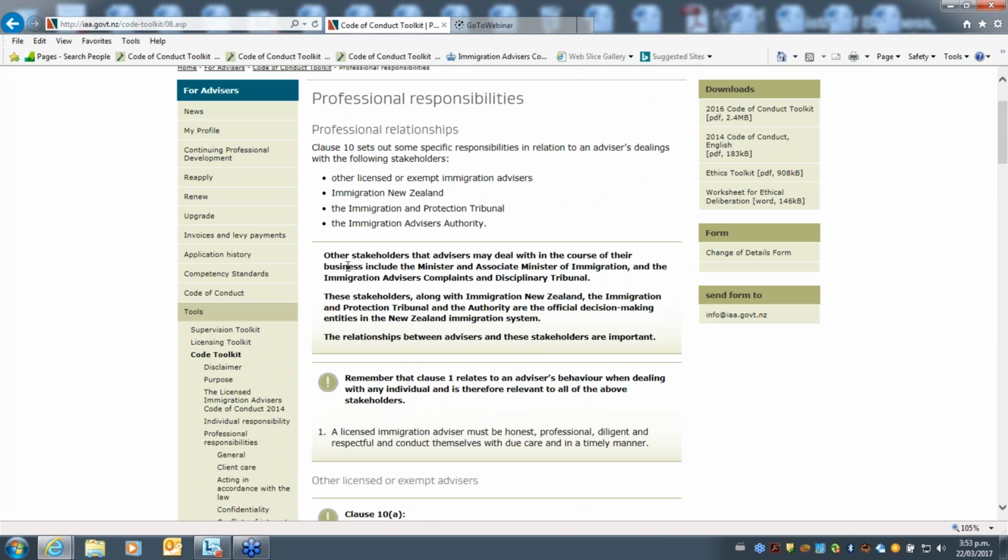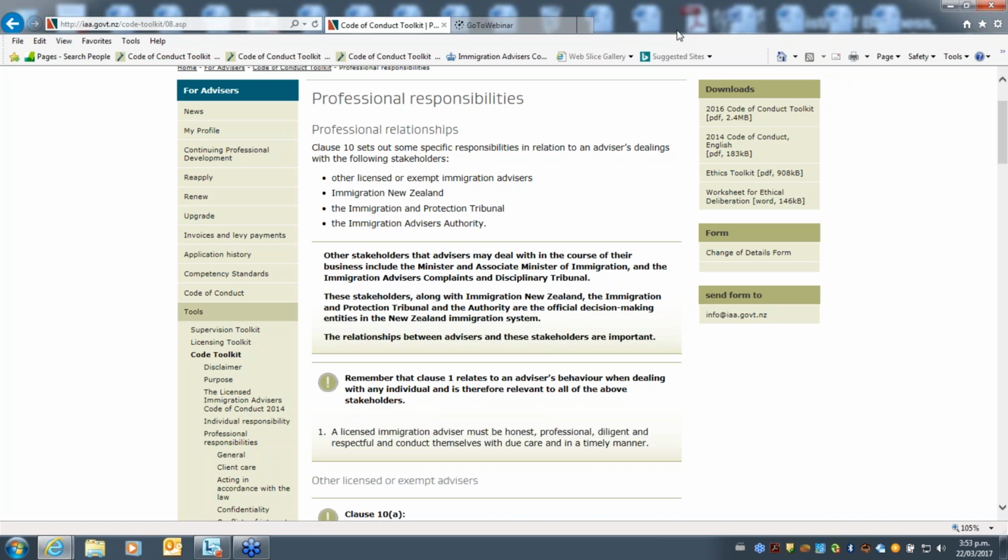Okay. So we have one here, conflict of interest. Sometimes there might be a situation to work for the licensed advisor's own family member. How would you manage such a situation? So there's clearly a conflict of interest there. So you absolutely have to go through clauses 5 and 6 and have it set out in writing and have their agreement to go ahead.